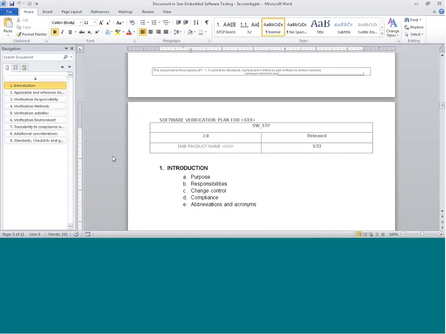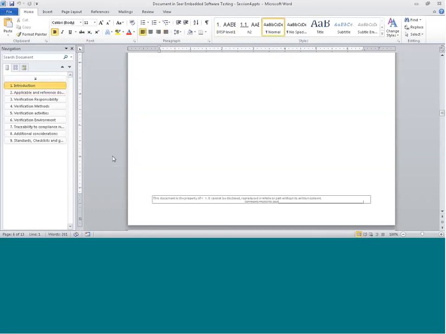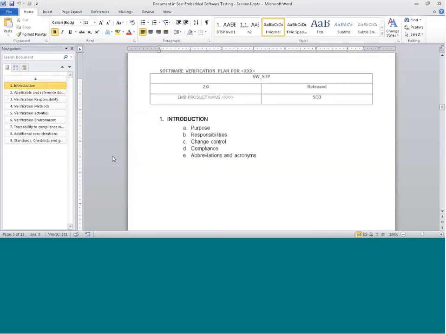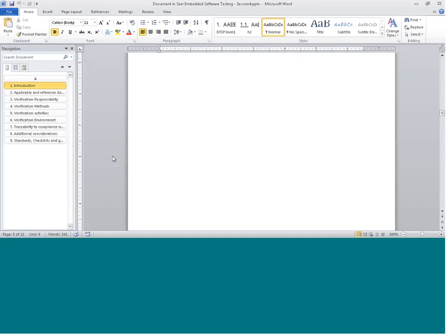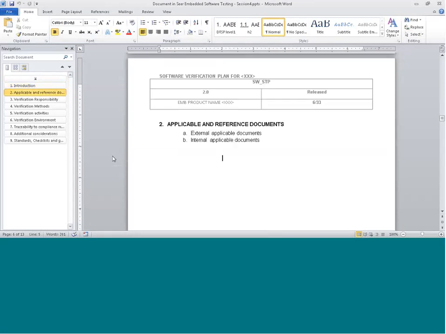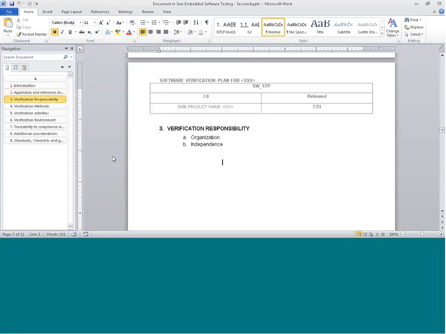So the introduction will have purpose, responsibilities, change control, compliance, abbreviations, and the external, internal, applicable documents will have to be highlighted. The next section,